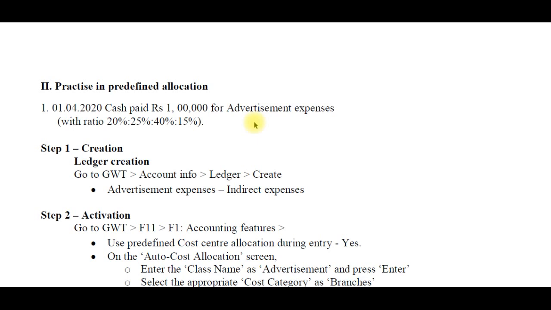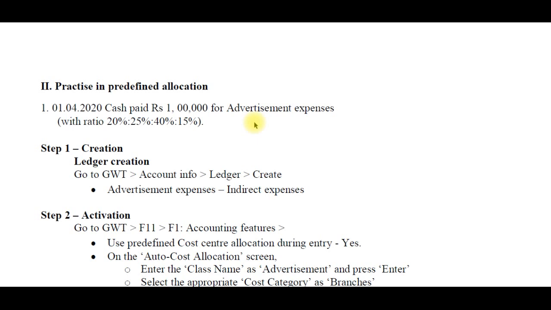So every month we pay 1 lakh rent for this unit. The percentage of the expenses for rent is split up by their percentage. Every month we split the same percentage. So I allocate the defined allocations, the same as the advertisement expenses transaction.